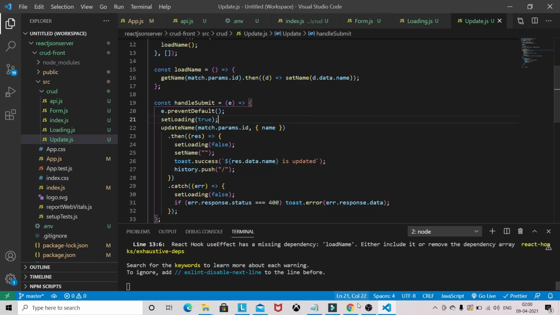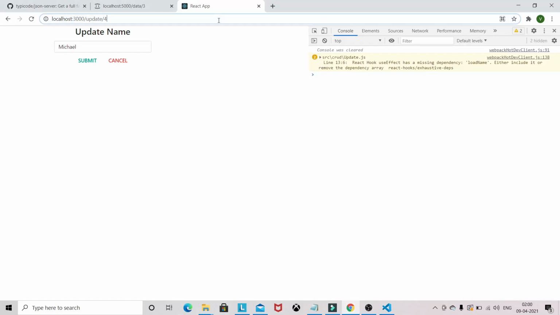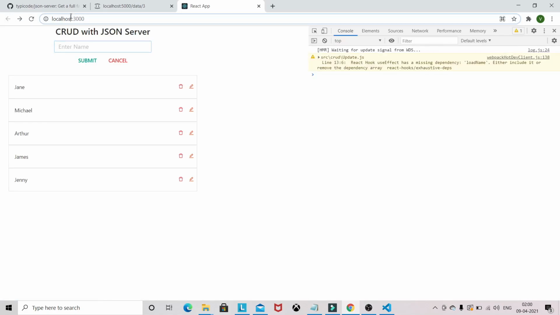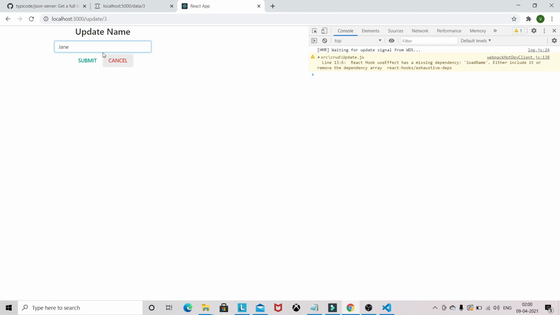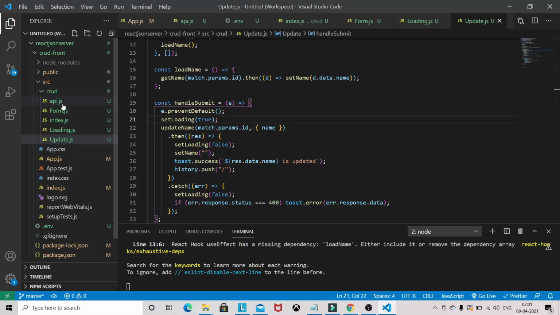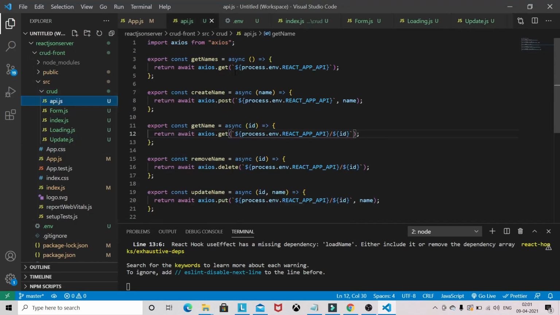Okay, so let's see whether update is working or not. I will go back from the start and update the name from Jane to Janie. So it's updated. So we have covered all the operations with our API: get, post, put, delete.